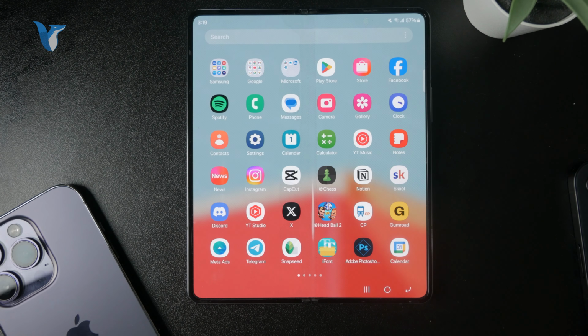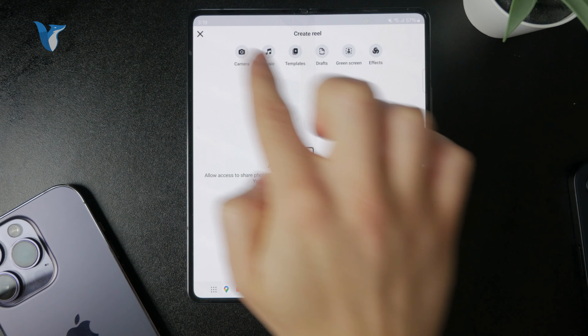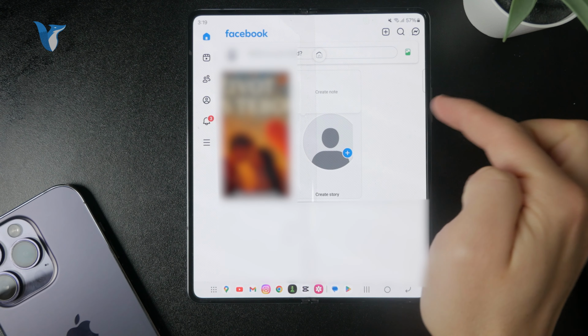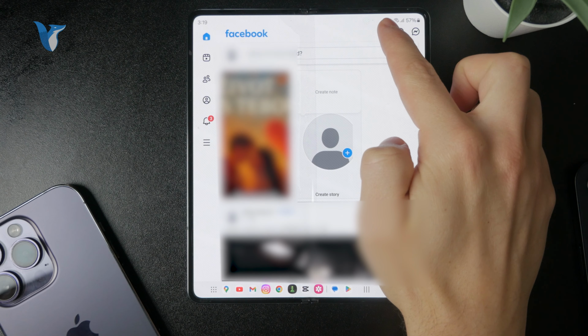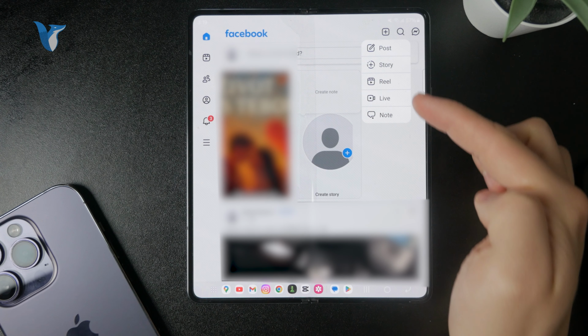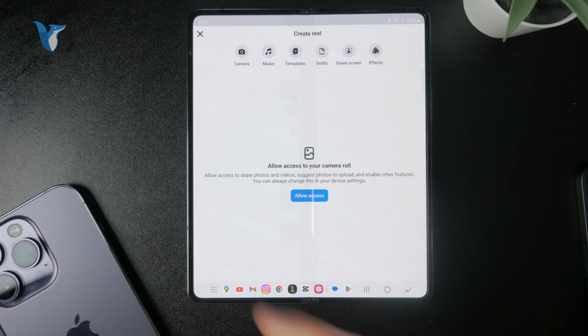So at first on Facebook, the way that it works is that you open up the app and on the main page, you need to locate the plus button, which is for the creation process. And the whole point is that when you click on the plus, you don't choose anything else other than the reel specifically, right? So you can specifically decide that it's going to be a reel posted on Facebook. So that's how you can then upload the video from your gallery and perform some edits perhaps and upload it